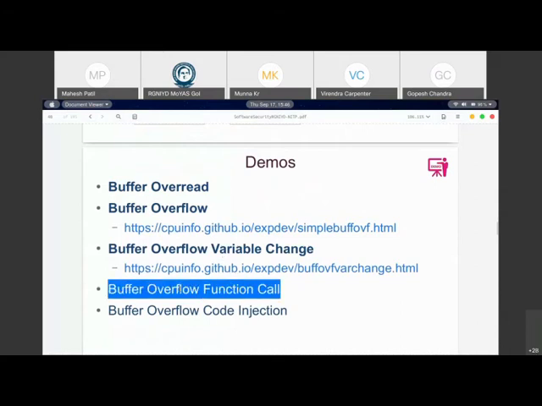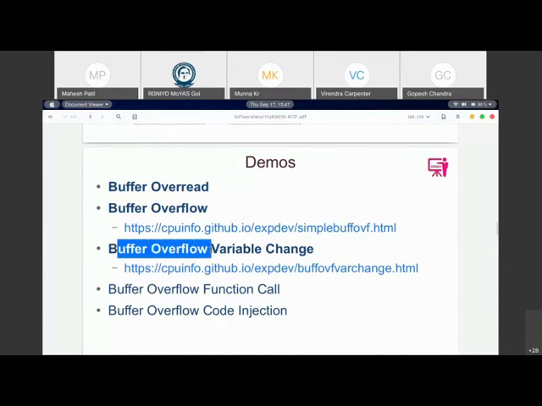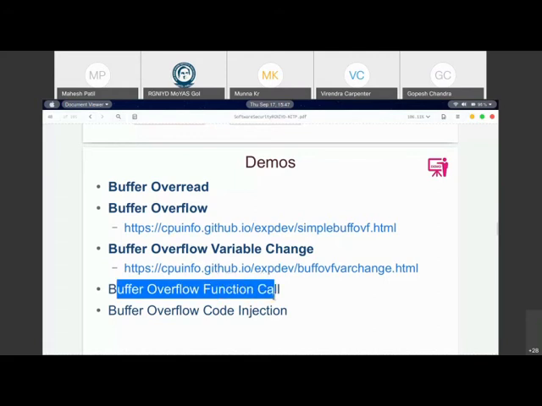We are able to get a buffer overflow function call. So you see that an attacker could do so many things. You could read the data, you could overflow and crash the program. He could change the variables which are in the vicinity of your buffer, similar to the flag. He was able to call an undead function. That function was never called in your program, but the attacker could still call it by framing a set of input data that goes to your program, and he is able to get control of your execution flow.